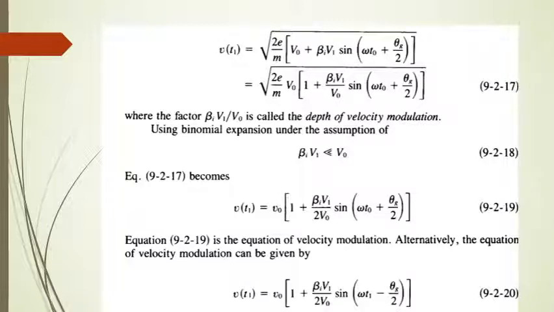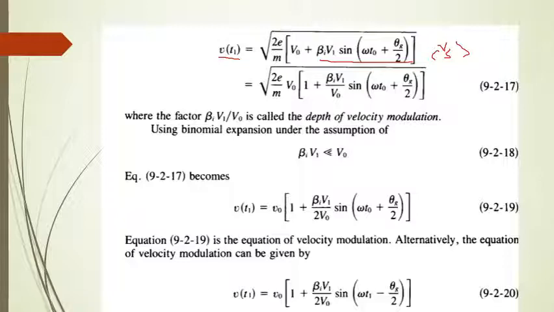Fine. So from that equation, what will you get for V of T1? V of T1 can be written as square root of 2E by m. We will substitute the average velocity, which you have already seen in the last slide. From where did you get this? V of T1 is the velocity. You remember kinetic energy equal to potential energy, half mv square is equal to E into capital V naught.